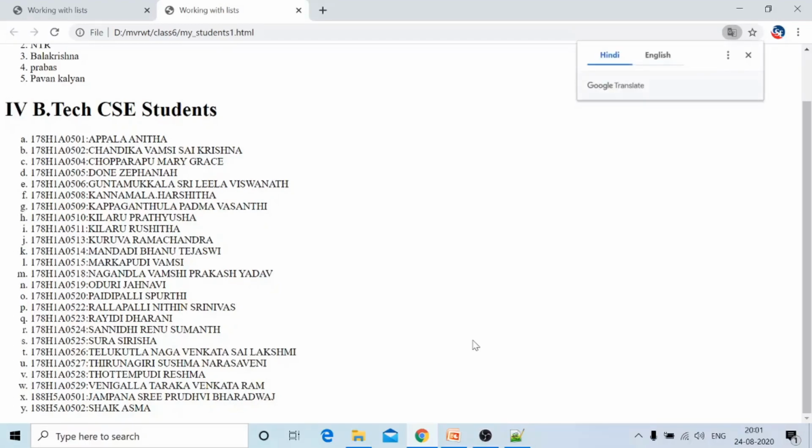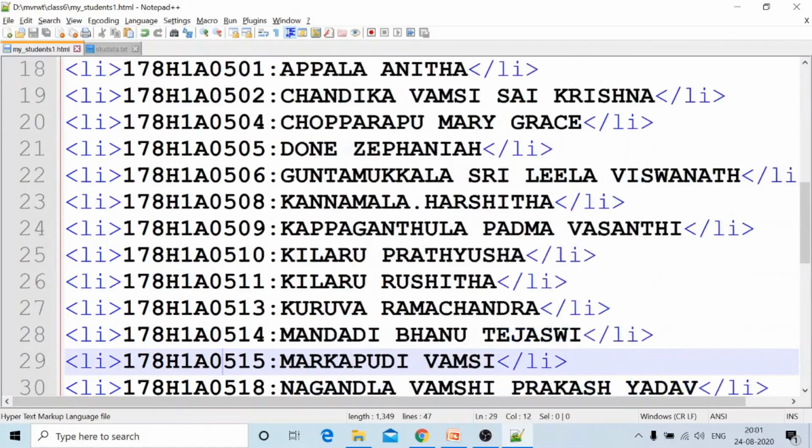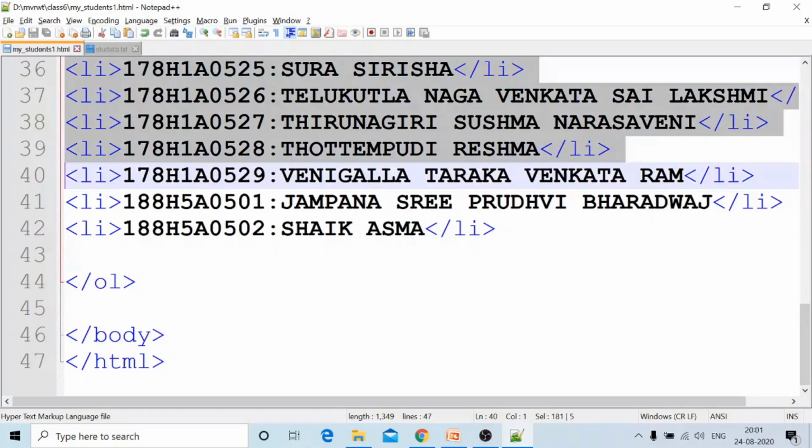For ordered list, I am saying the golden statement. If the type equal to a, then the items are displayed like this: A, B, C, D, E, F, G, H, I, J, K, L, M, N, O, P, Q, R, S, T, U, V, W, X, Y. Okay, some more items are there in the list, some extra items after Y, Z. I am placing the same numbers only, up to 25. I am copying and pasting. What will come if X, Y are completed?